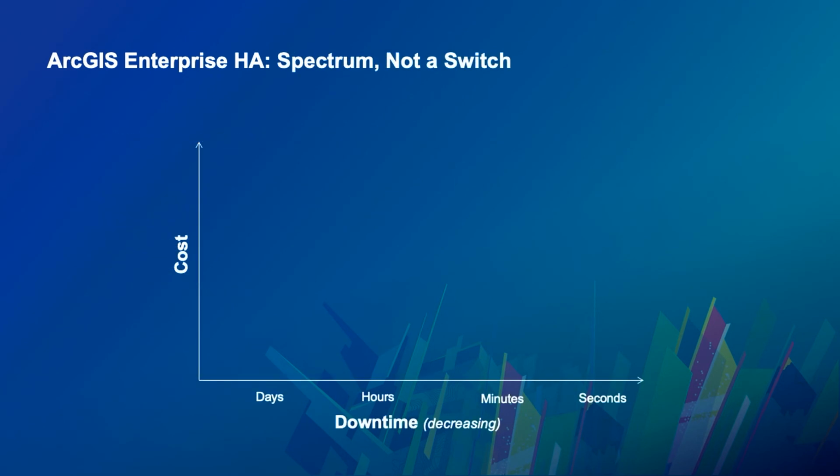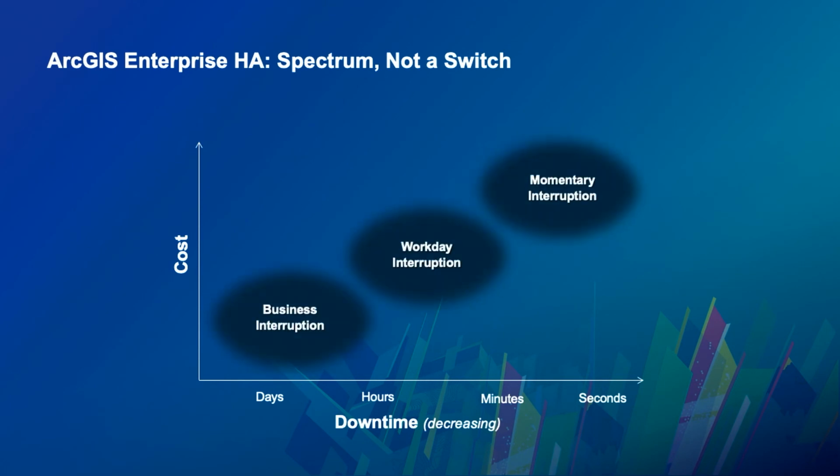Again, we want to emphasize that high availability is a spectrum. It's not a switch. It's not whether your system is highly available or not. It's where your system is at for availability. As your system's requirement goes higher and higher, which means less and less downtime, it's more and more costly. By nature, high availability is not a simple thing. Basically, you need to double your hardware. You need to double your staff. It's not a simple thing to